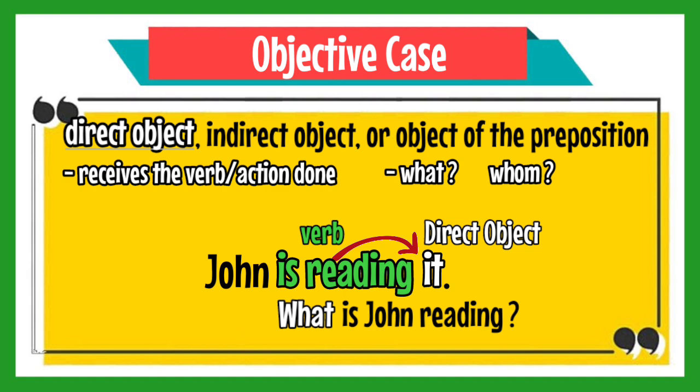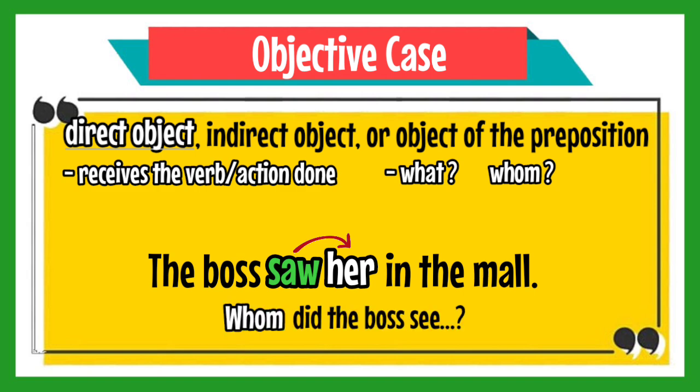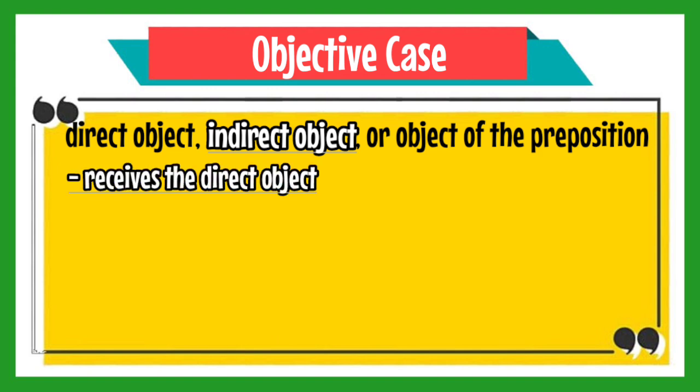Okay? Another example. The boss saw her in the mall. The pronoun that functions as the direct object in the sentence is her. It receives the action saw. It answers the question, whom did the boss see in the mall? Her. Okay? Now, let us have the indirect object. An indirect object receives the direct object. It answers the question, to whom,